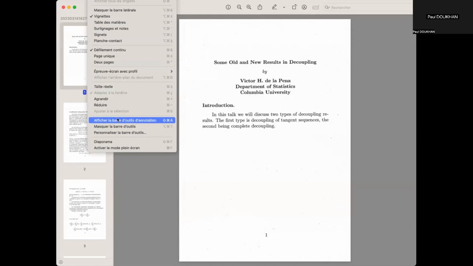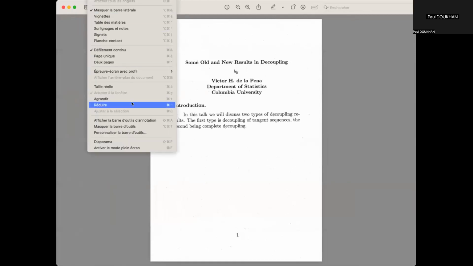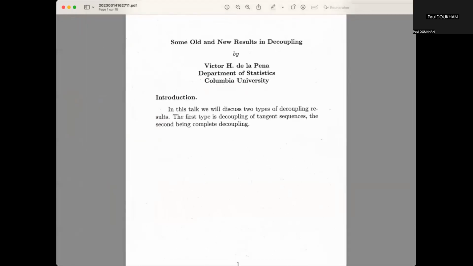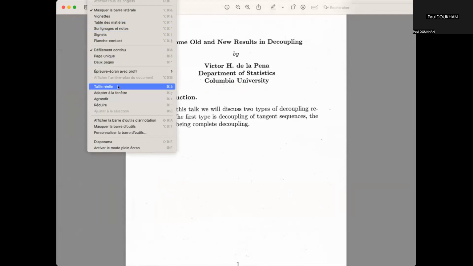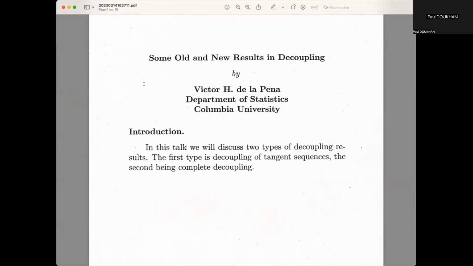So what happened was, this is work that I did 30 years ago, that the expected value of that function is less than or equal to a constant, a universal constant, times the expected value of the same function of a sum of independent variables with the same margins. Okay, so this inequality remained buried for many years